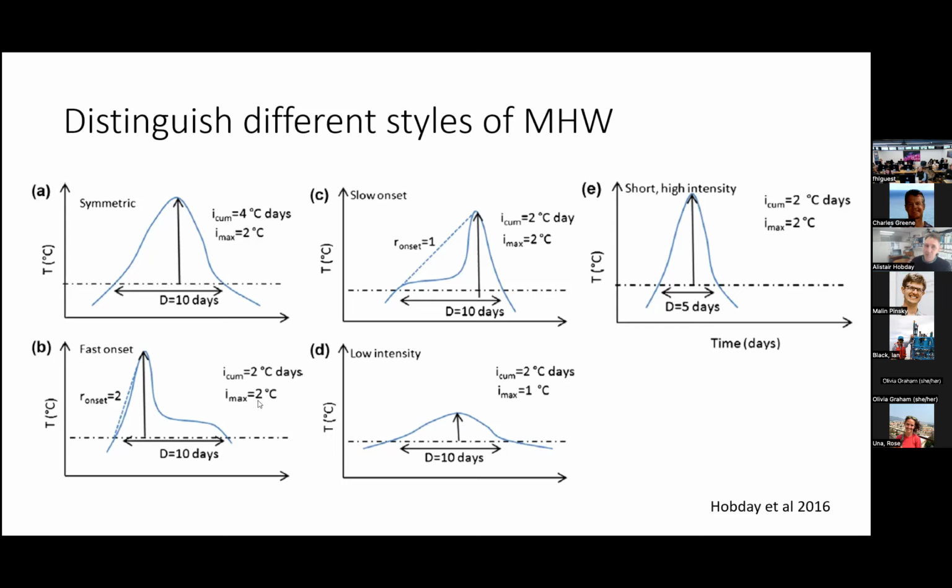And I don't think enough has been made of this. You might imagine that each one of these might have a very different effect on the biology of the area. You can have symmetric heat waves in figure A, fast onset in figure B, where the rate of temperature increases very rapidly. In C, in the middle, you can have a slow onset where temperature increases fairly slowly before it peaks. You could have a short, high-intensity heat wave. And then similarly in D, low intensity, but lasts for quite a long time. Each of the metrics there distinguishes those and makes them unique cases.